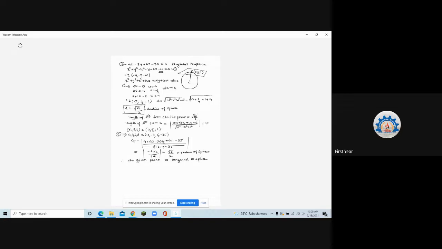To write the equation of any line in symmetrical form, I should know one point. I know the center is 0, half and 1, and I know the direction ratios of the normal. Those are 4, -3 and 6. So what I will get? I'll get the equation of line CP. What will be that? Yes, quickly tell me what is the equation of line CP. One point on CP is which? C. Center. So it is x minus 0 upon A, that is 4, equal to y minus half upon -3 equal to z minus 1 upon 6 is equal to